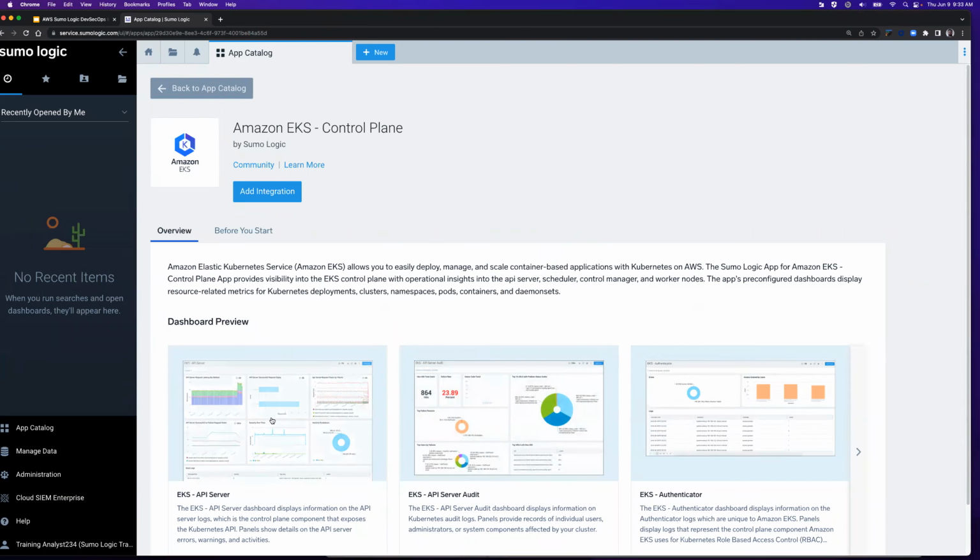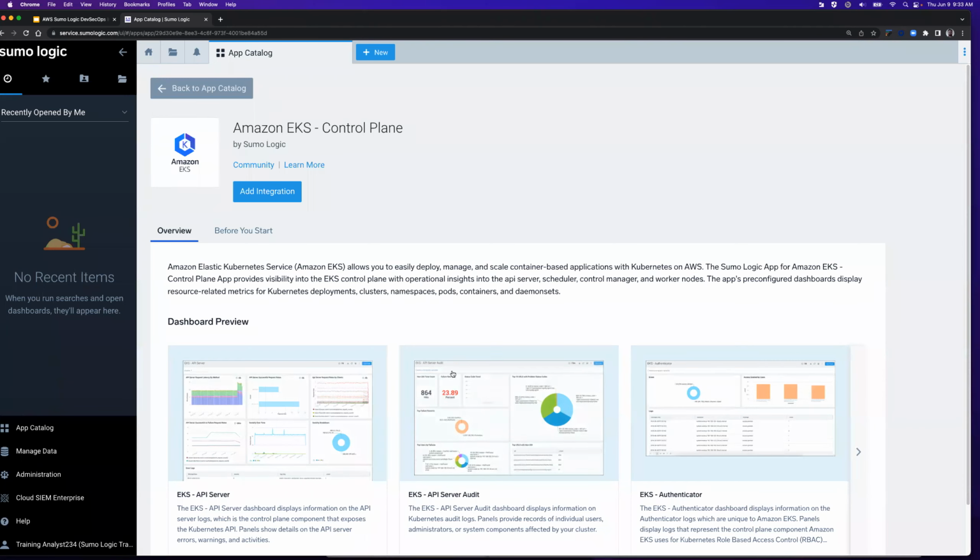But as we see here, we can start to get EKS API server data, EKS API server audit data. And I should rephrase that. It's not getting the data. It's utilizing the data that has already been ingested. In this example, we have already pre-populated, is an okay way to say it, Kubernetes data. It's currently flowing into the system, and now we want to view it.